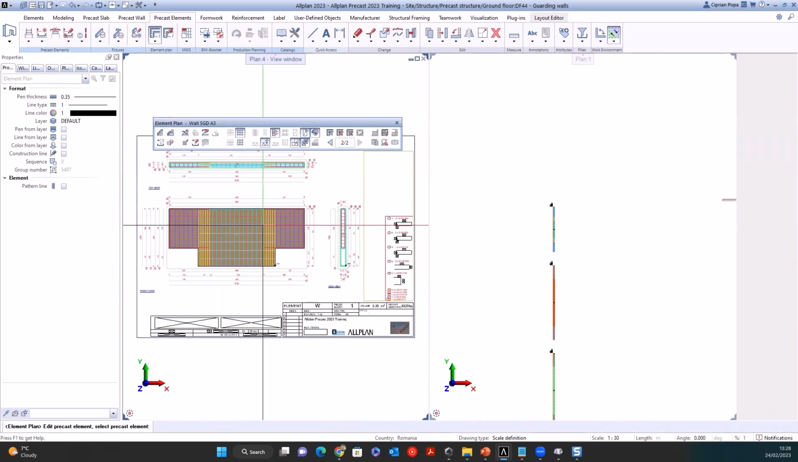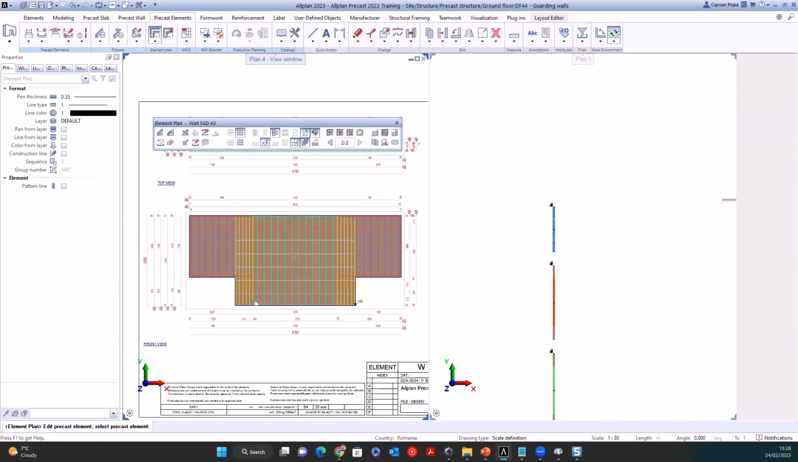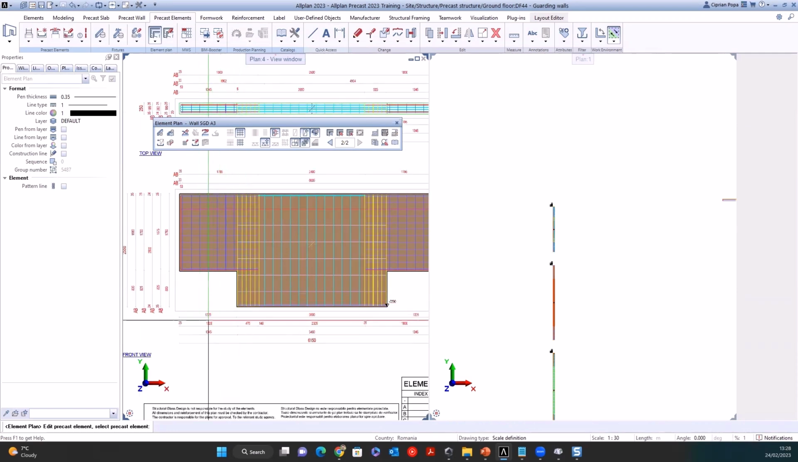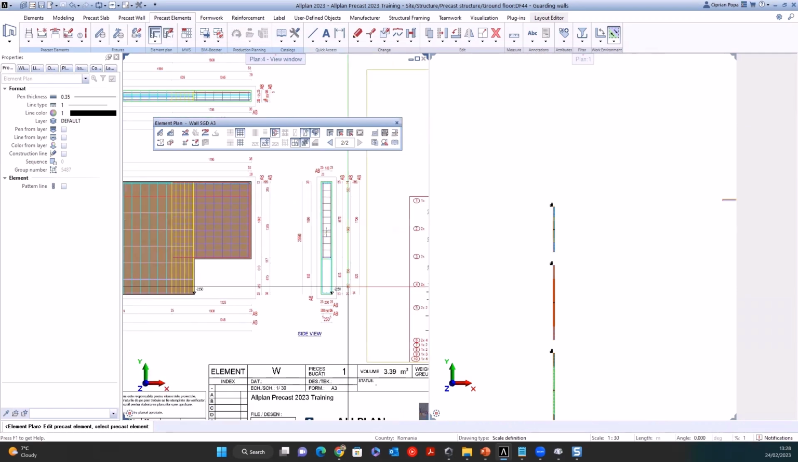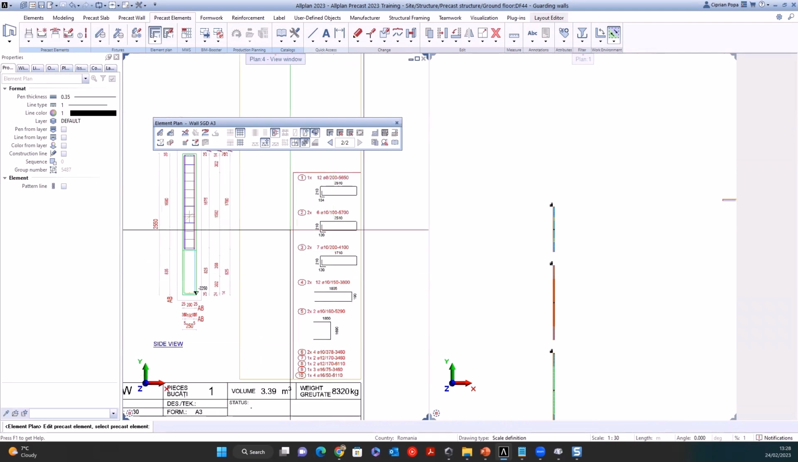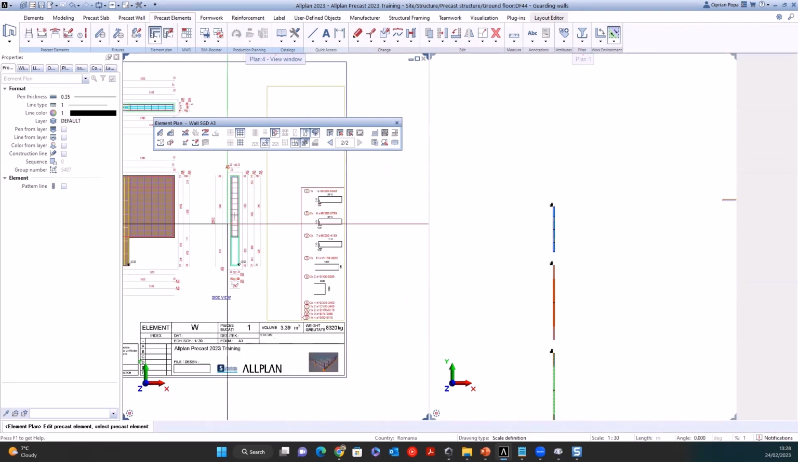Now, if we go on the other side, we'll also have reinforcement detailing. It has its own style, but we can add. So it has a style where it shows per line. So for instance, mark number 1,